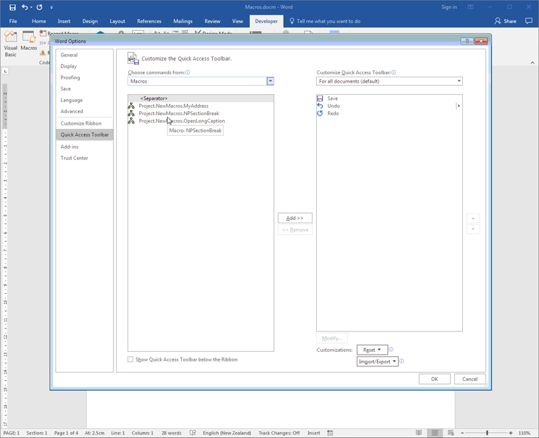Now these macros will only ever run if the file called Macros is open. So let's say that we don't want to see these 3 macro buttons on our quick access toolbar for all documents. We only want to see those macros for this document when this document is open. So I'll now add 1, 2, 3, add those 3